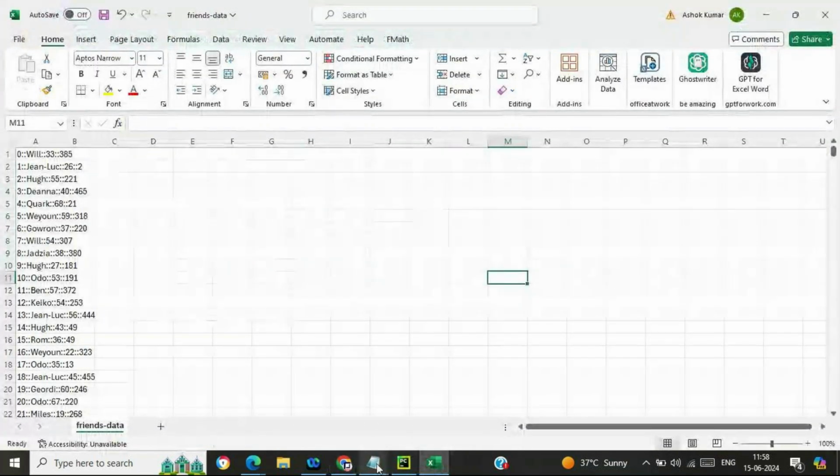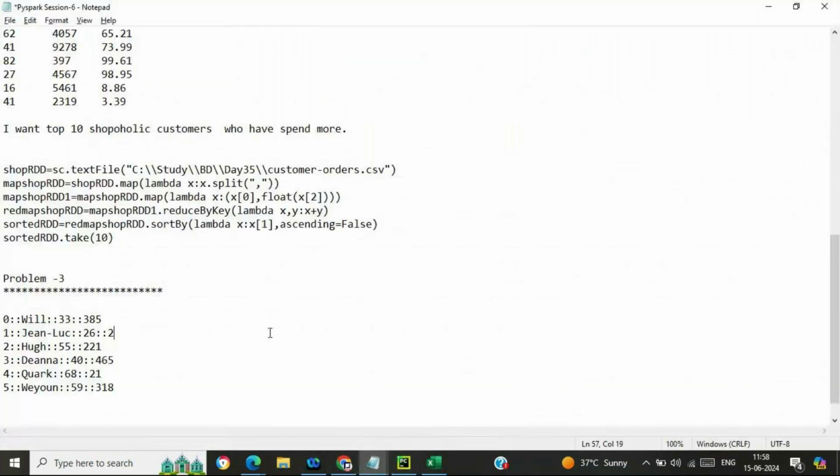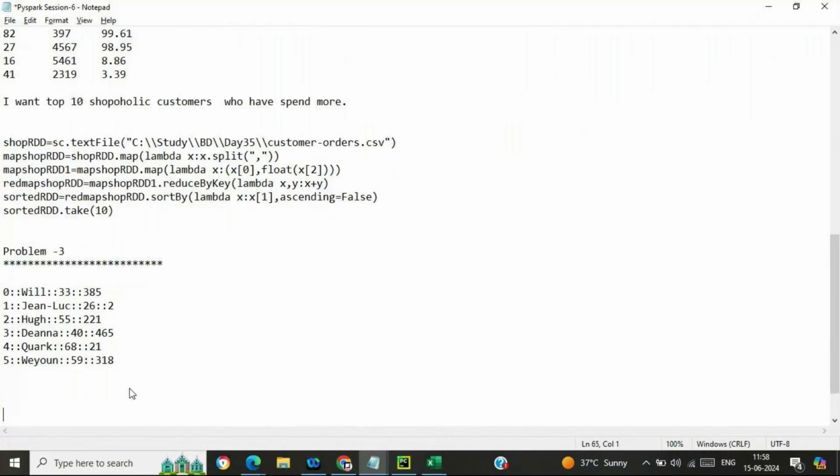Now, someone who can explain the logic, how we are going to solve this problem. I think first we can read the CSV file and split with the comma. Is it a CSV file?